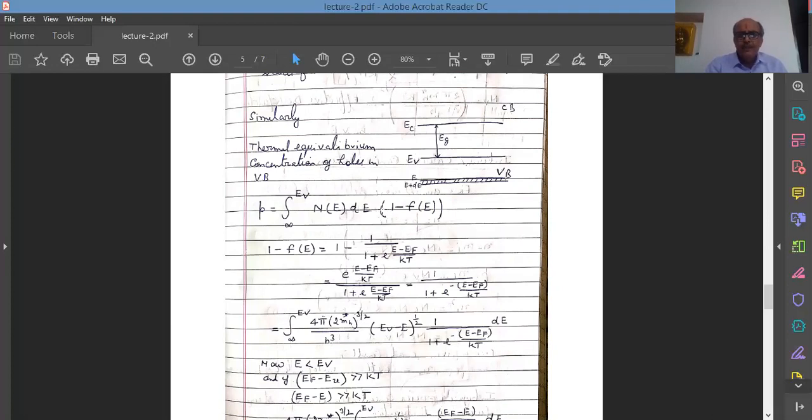But here, what is the state in the valence band? A hole corresponds to the vacancy of an electron. If the probability of finding the electron at energy E is equal to Fe, the probability of not finding an electron at that particular energy level will be 1 minus Fe. And what is the vacancy of an electron? Vacancy of an electron corresponds to a hole. So the probability of finding a hole, meaning electron deficiency, is 1 minus Fe. So that is why